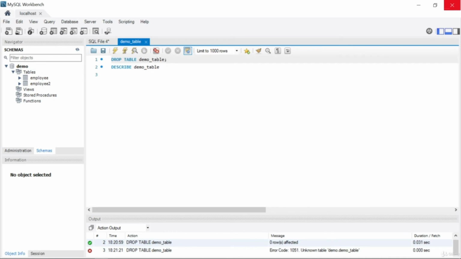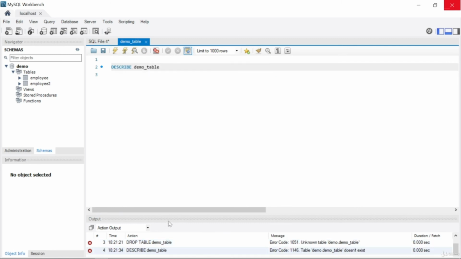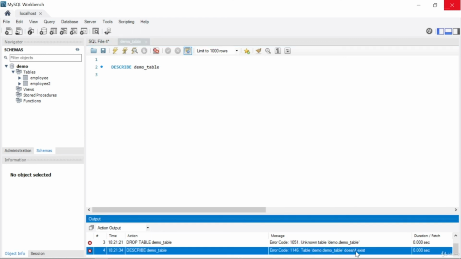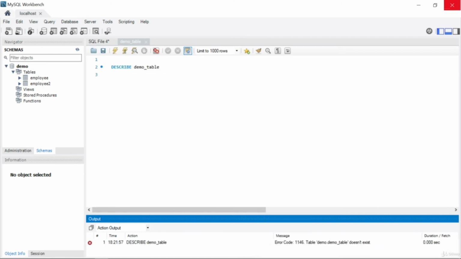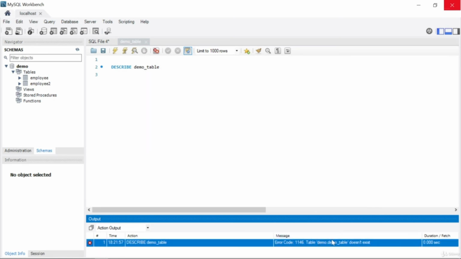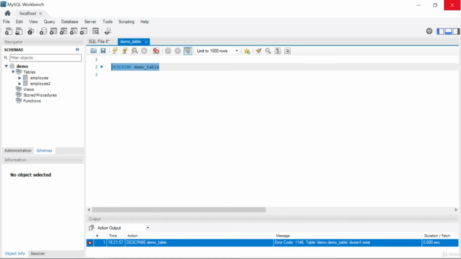Okay, after seeing this, let's just remove because we've already dropped this table, and let's try to describe demo underscore table. If I click here, I will see kind of an error, because let's see what error says. Describe table error code, table demo underscore table doesn't exist. You can see this is my error code 1146. Let's just clear this. If I click again, I will see the same error. Table doesn't exist because you just dropped this table, and that is why you cannot write here describe, because your